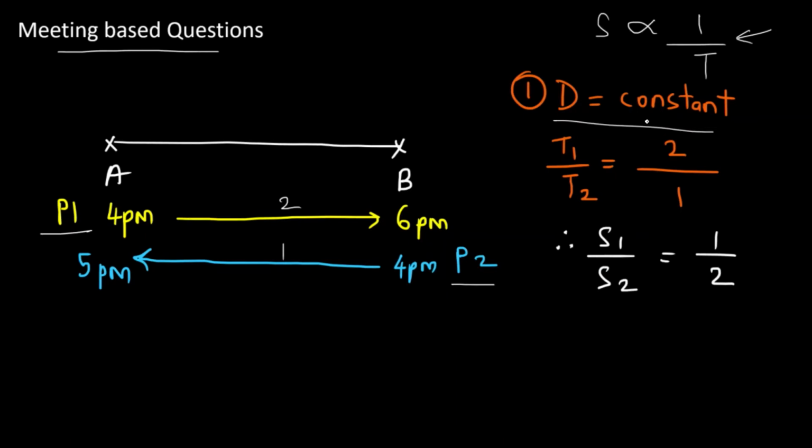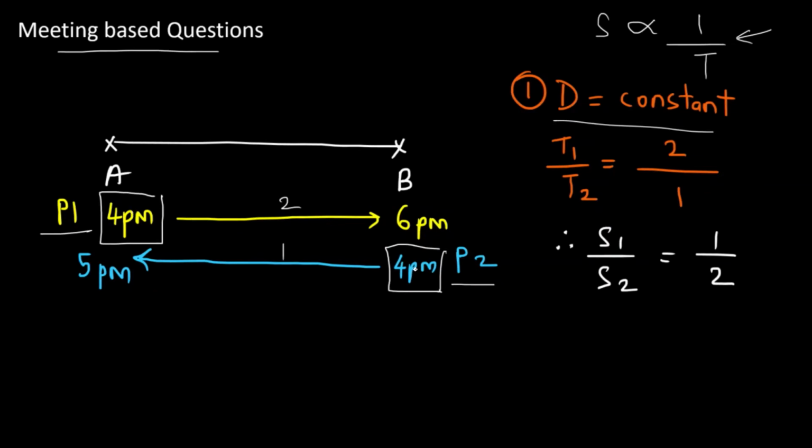Alright, now you can see that they both start at the same time, that is 4 p.m. Now we will see in questions what to do in scenarios where they do not start at the same time. In such scenarios, we will try to find out where the person who started earlier will be at the time when the other person starts, and then we will proceed. Now we will see more of that in questions which will follow. Now let's proceed over here.